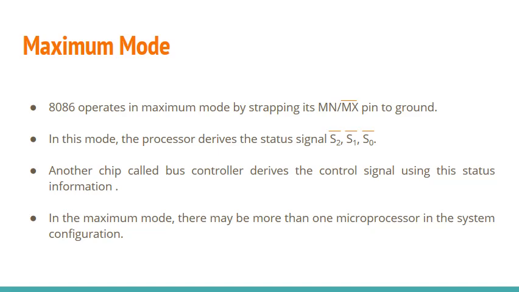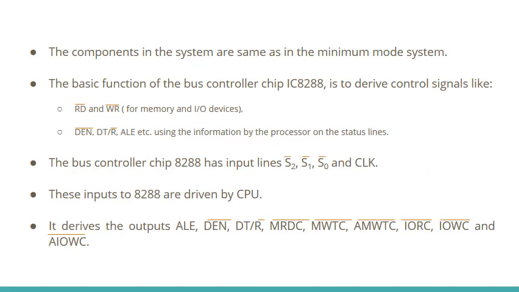S0 bar. There is a bus controller chip, which is a separate chip that derives the control signals from these status signals. From the status signals S2 bar, S1 bar and S0 bar, the control signals are being derived by the bus controller. Now, as the name suggests, in the maximum mode, there may be more than one microprocessor in the system configuration. The components in the system in the maximum mode of 8086 are the same as that in the minimum mode. Now, the basic function of the bus controller chip IC 8288, as we said before, is to derive the